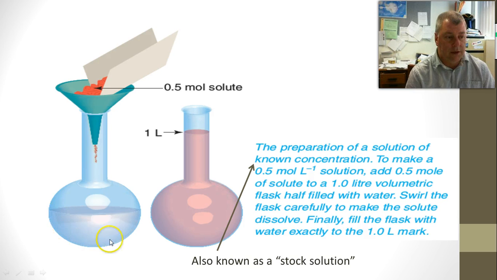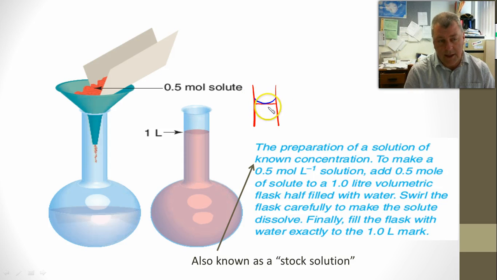So you have some water in here already, you pour in your half mole and then you fill it up, and there should be a little mark on the volumetric flask that perfectly measures 1 litre, and you bring it so that the meniscus is just hovering on that mark. So if we looked at it, this would be the funnel and this would be the mark that's been very carefully put on this glassware, and we would bring the liquid up so that the meniscus just touches that